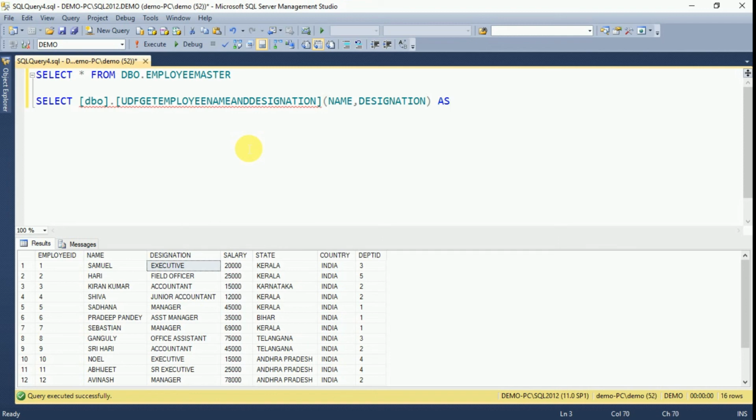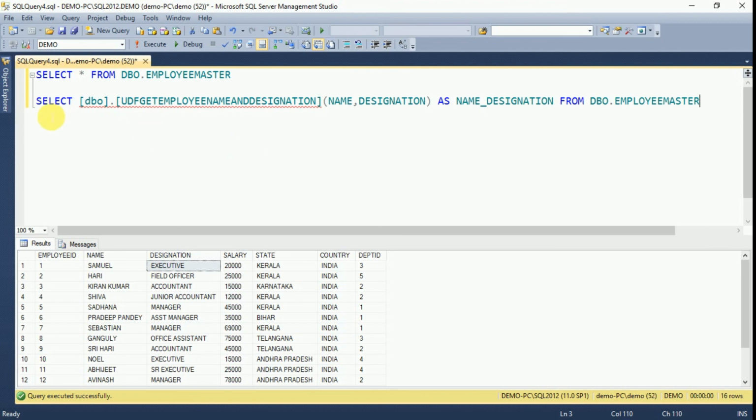Then we will get name and designation as output. From, we have to provide the table name here, that is the employee master table.